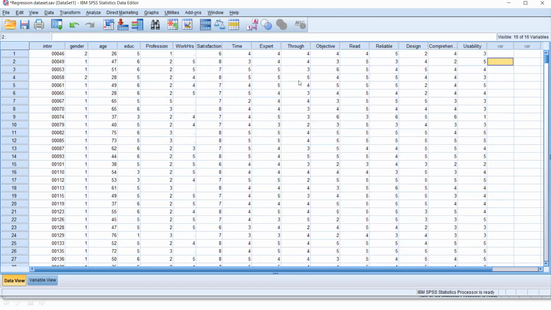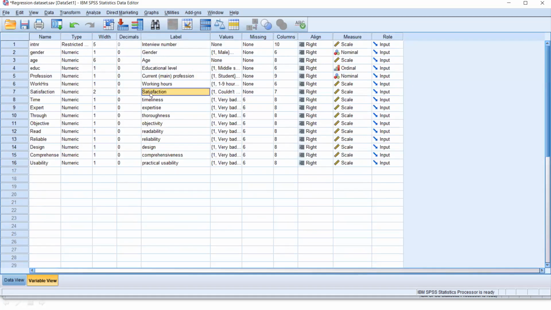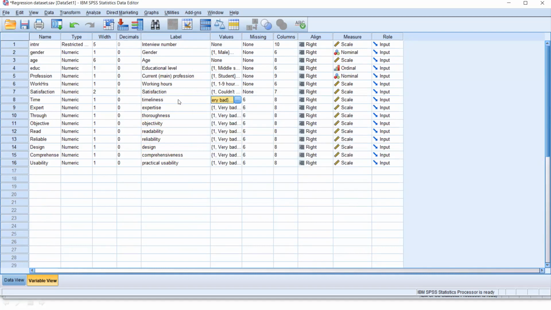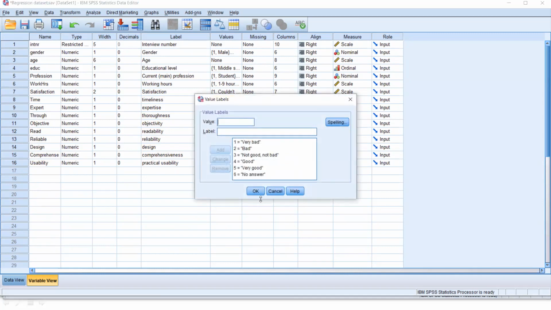So let's run. Now this is our dependent variable. I go back to here. This is our dependent variable and these are the independent variables. This one is also measured through the Likert scale, but there is no measurement item for each variable. This is the variable, and it is measured directly.